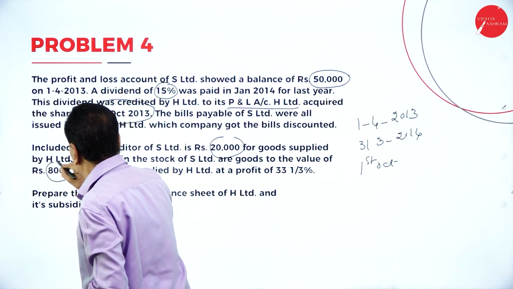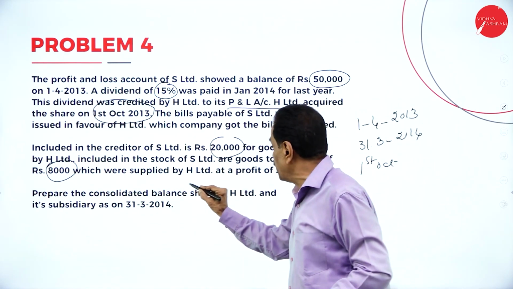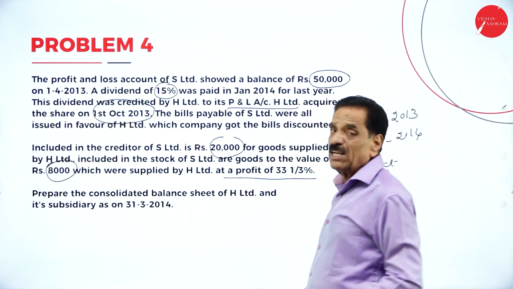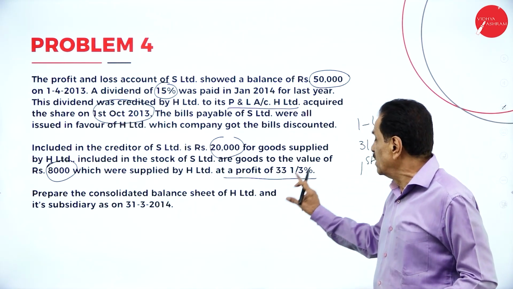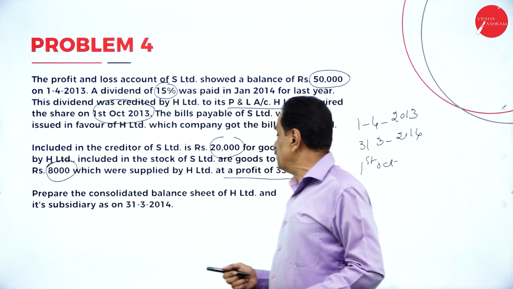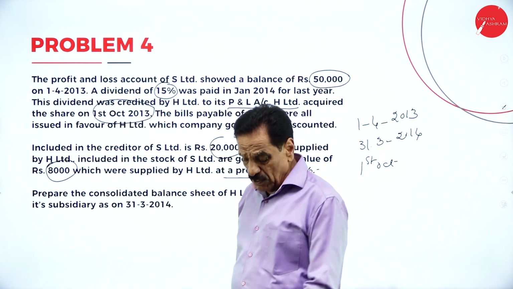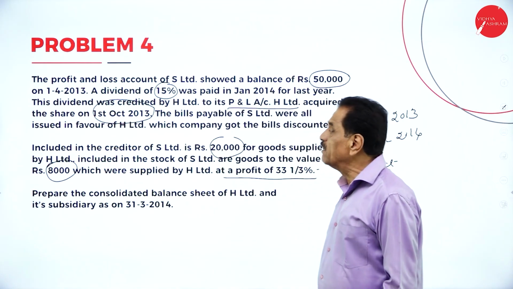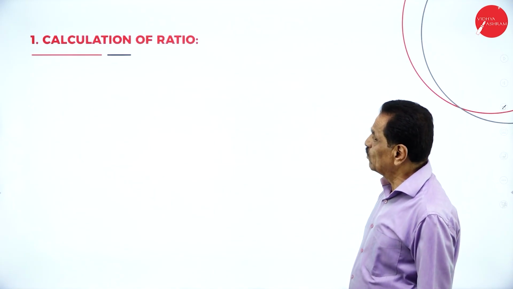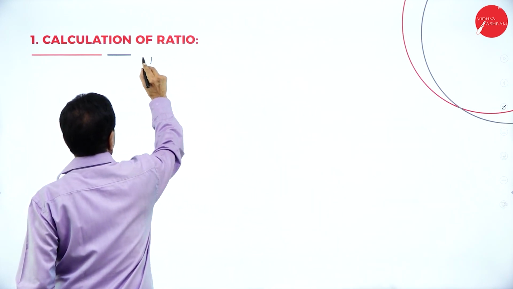For 20,000, there is stock of rupees 8,000, which were supplied at a profit of 33 1/3% on cost, that is 1/4 on sales. So 1/3 on cost. I will explain this. Prepare the consolidated balance sheet of H Limited on 31/3/2014. So we'll move on slowly. First, the ratio you can calculate. Total number of shares